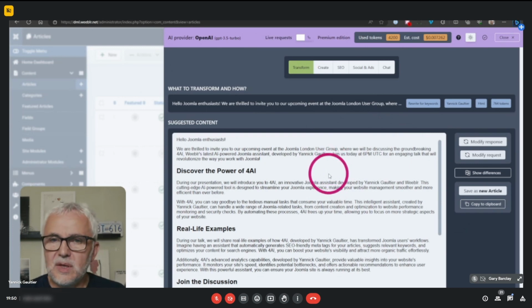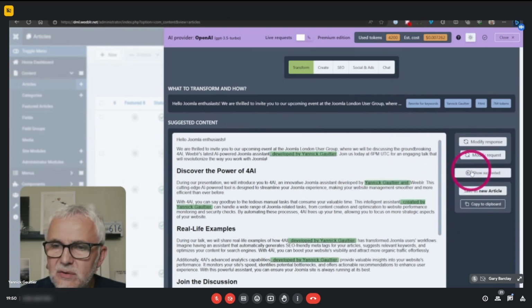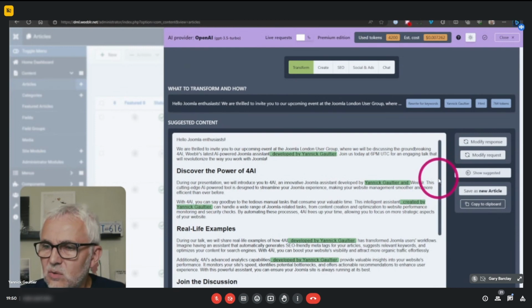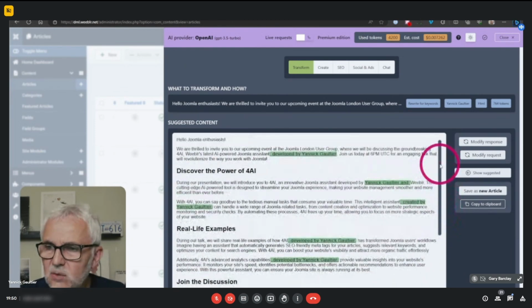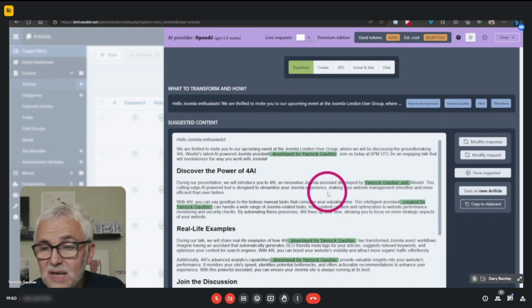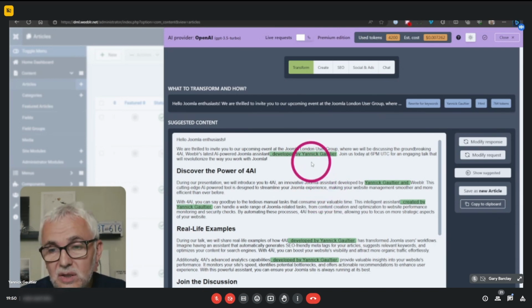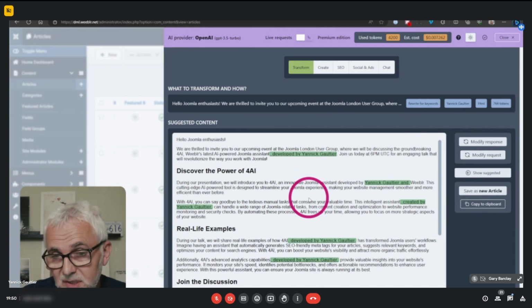Okay, so I just asked it to rewrite for keywords, so I'm going to click and show me the difference. And you see here one example of the thing it does, which means that you have maybe sometimes to refine or be a bit careful with the instructions that you give. So it did what I asked. It put my name in the content. I would think it's a little bit too much this time.